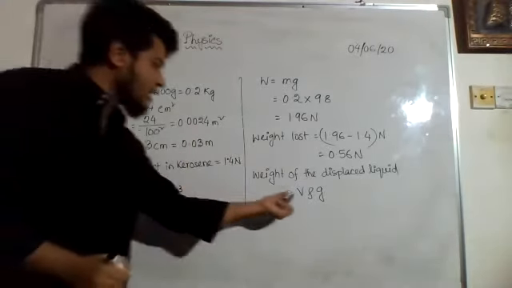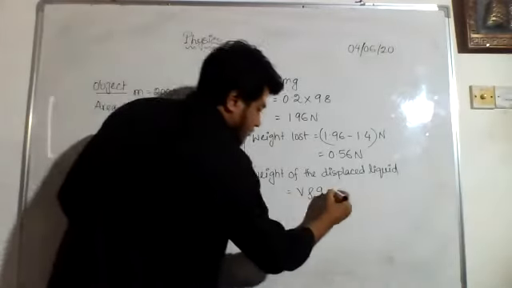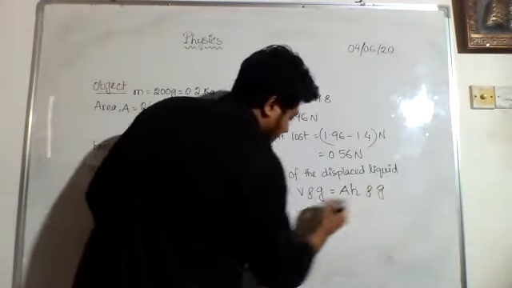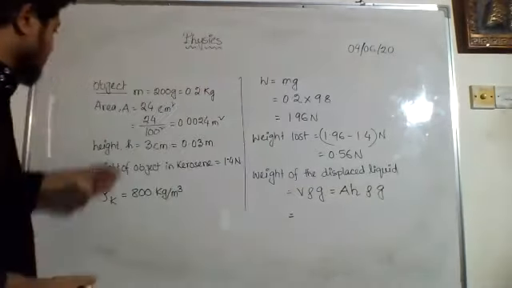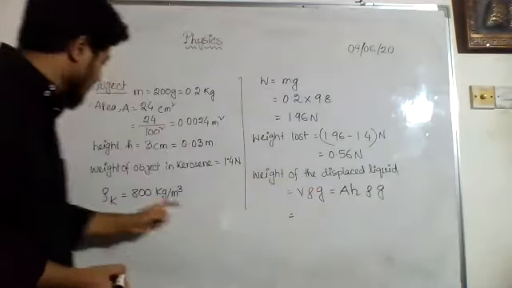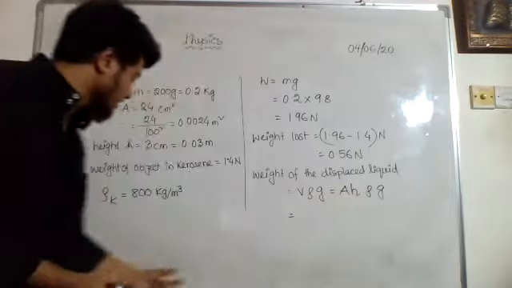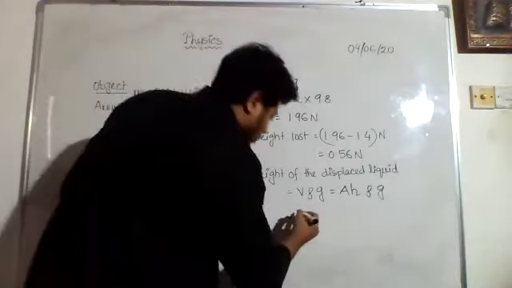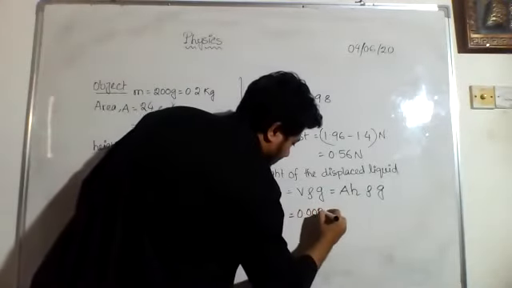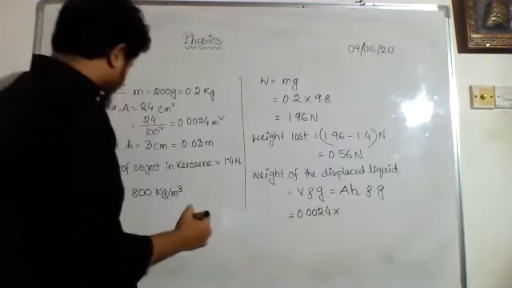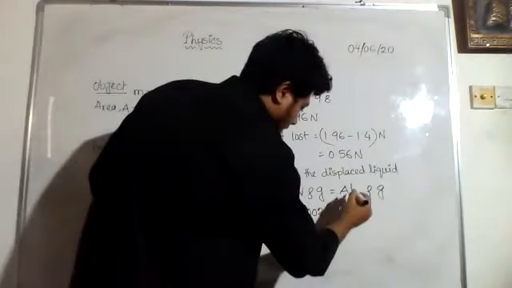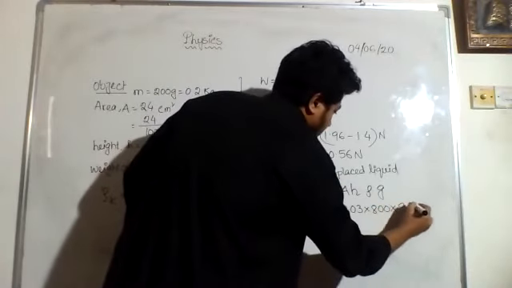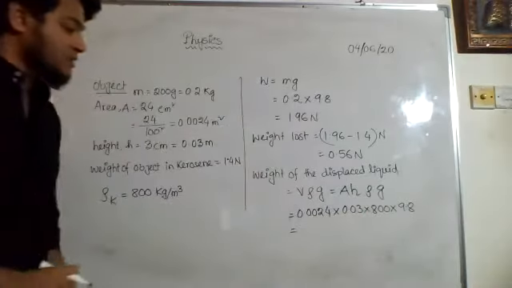So I have to calculate the volume of the object. How can I do that? Volume is equal to area into height, we all know that, right? And rho g. Do we know all the information needed? Yes, we know. Area we know, height we know. Rho, the density of kerosene, we know. g is the acceleration due to gravity. So let us put in all the values and find the answer. Someone get ready with the calculator, please. 800, oh sorry, height of 0.03, into this 800, and into 9.8. So kindly tell me the answer.